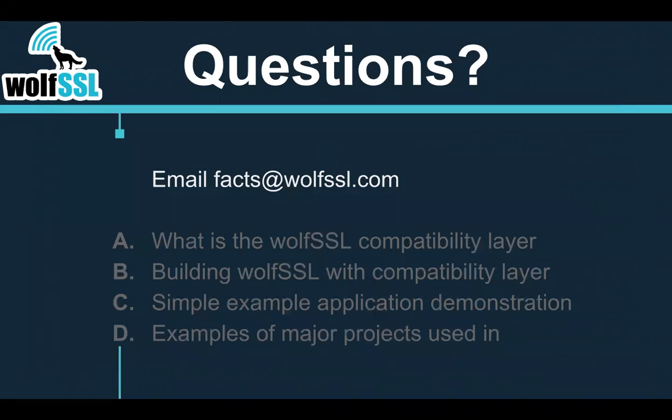Are there compile optimizations not enabled by default? Yes, so OpenSSL by default enables a lot of their hardware acceleration. We have a couple of enable options that have to be turned on to enable the hardware acceleration. So comparing the default builds of wolfSSL versus OpenSSL is not